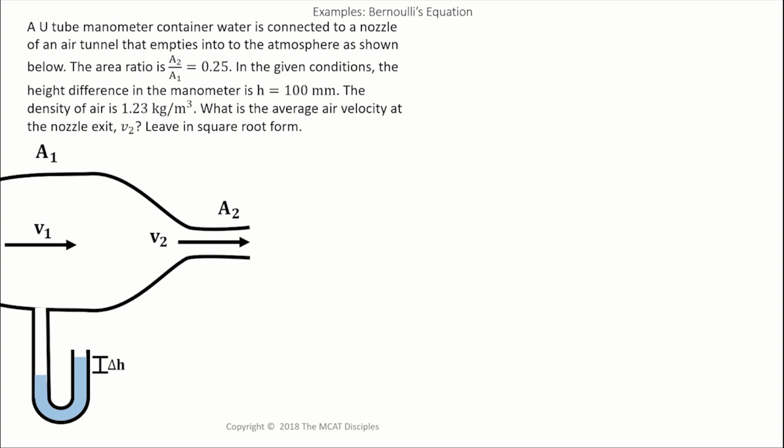Okay, so we actually have a bit of a nuance here. We actually have a static fluid question and a moving fluid question. And so the static fluid in this case is this manometer here, and then the moving fluid here is this air tunnel. And so again, you already know just from your day-to-day experience that if the pressure here is higher than the pressure here, then this is going to push this fluid up, right?